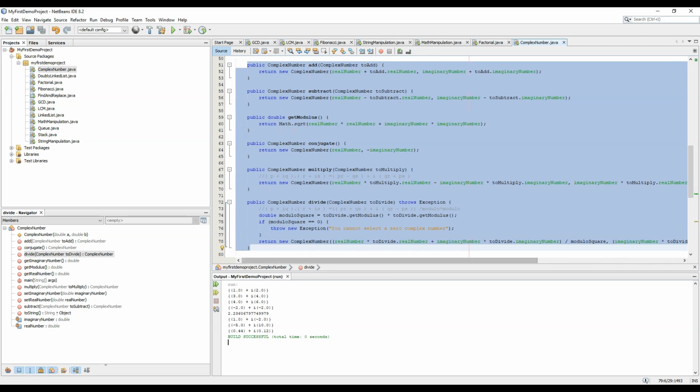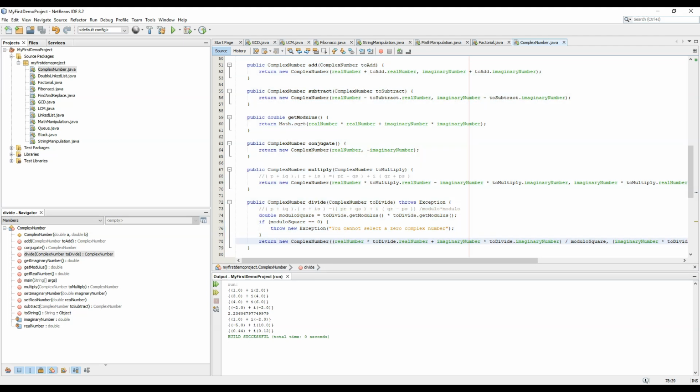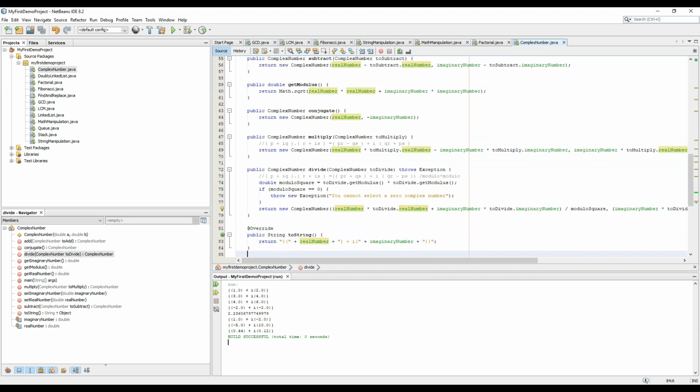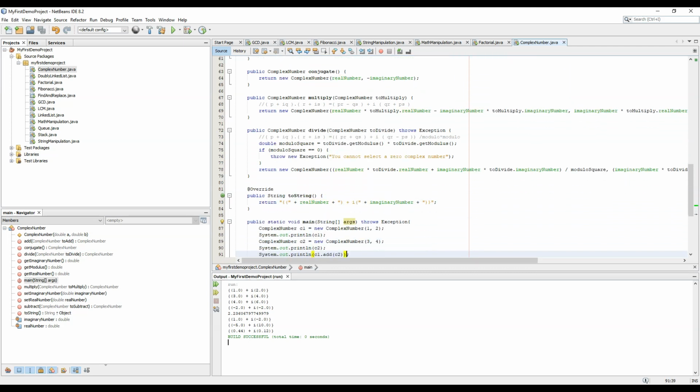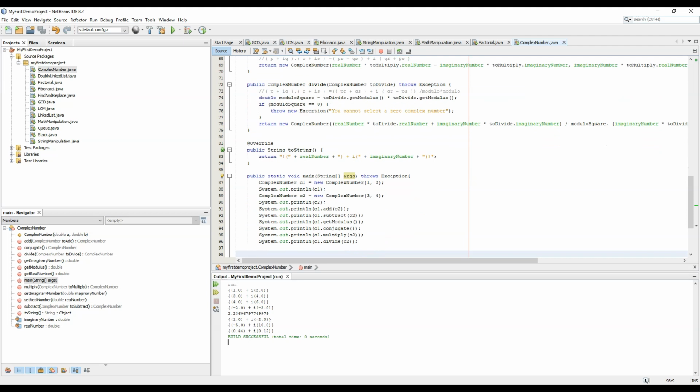I have written the short formula also, so you can see that. You can pause the video to look at what is the formula and how to implement it, and you can copy paste the same code in your practice sheets or in your practice code, and this way you can add, subtract, multiply, divide, get modulus and conjugate of a